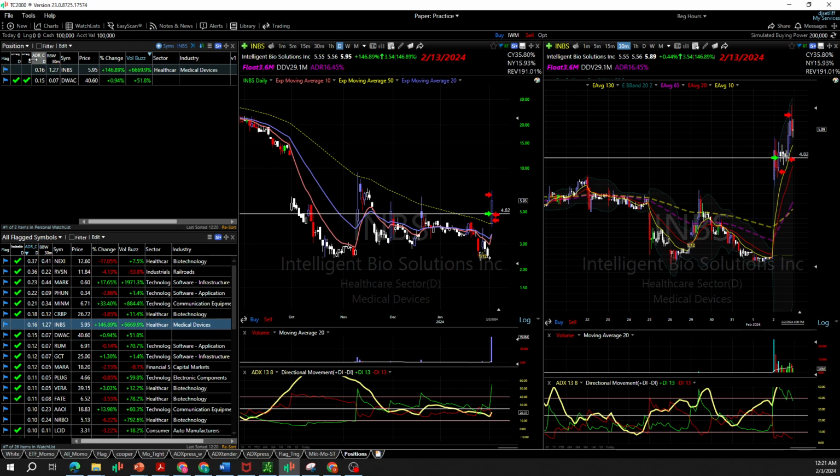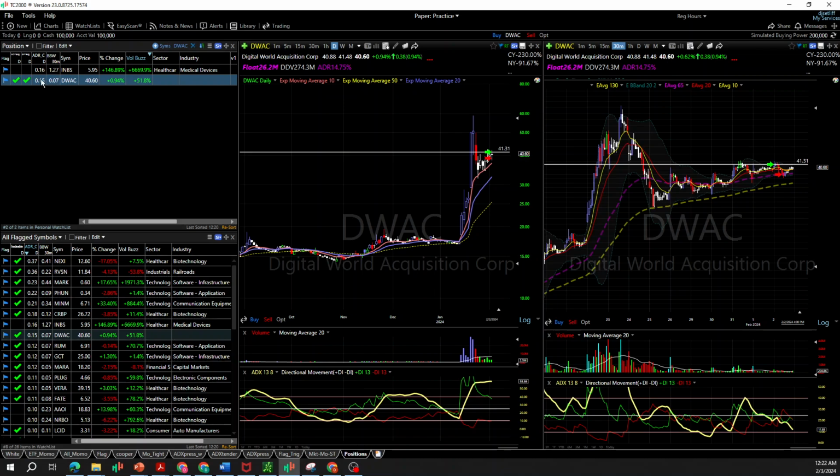If this average daily range number is smaller than the intraday range, that means the intraday range is already significantly expanded, and that's not offering me a good risk-reward situation. Whereas here, the average daily range is 15%, and the intraday range right now is at 7%. So if I go over here to this chart,